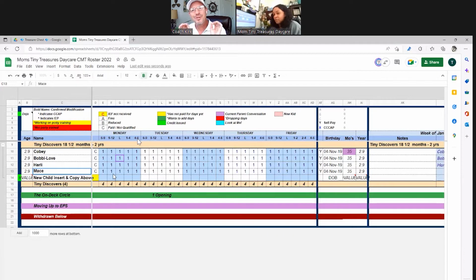So in your toddler program, these kiddos are coming full days, Monday through Fridays. Some show up at 7, some show up at 9:30, some show up at 8:15. Your toddler staff, they know this. They know when Harley's coming. They know when Colby's coming. However, for your older kiddos, your preschoolers, or your school agers, if you have school agers, some of those kiddos